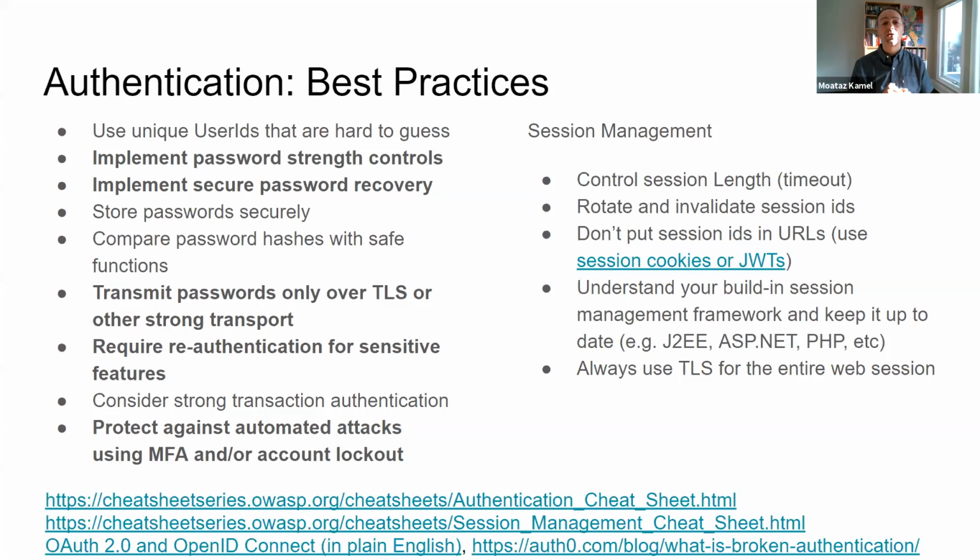Also consider strong transaction authentication. Another very useful way to protect against automated attacks is using multi-factor authentication. So this is where, when you log in or whether you're trying to do something, it actually sends you a message to your phone, or it requires a secure token where you enter the code on the token. And so it's a second factor in addition to the password that actually thwarts a lot of attacks. And so many applications now are using multi-factor as a way to secure, and it's a very effective way to secure